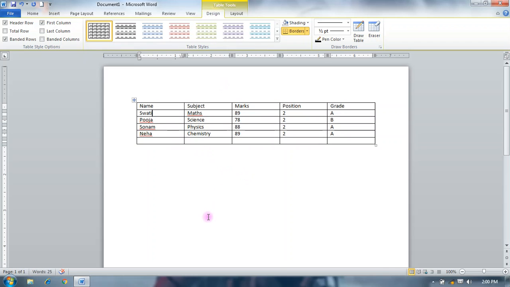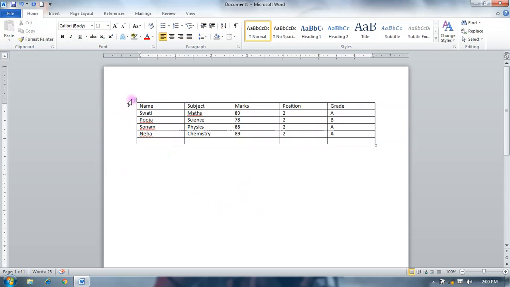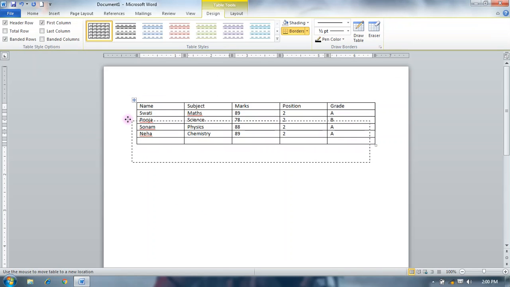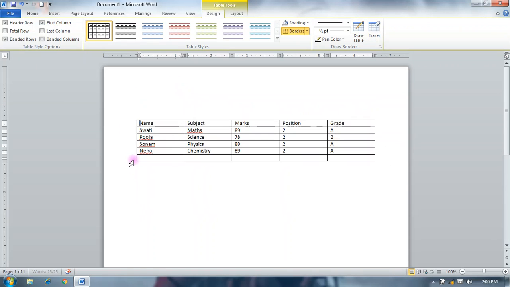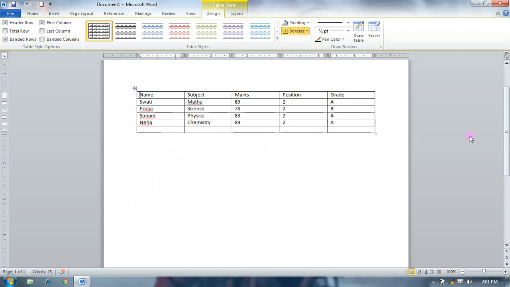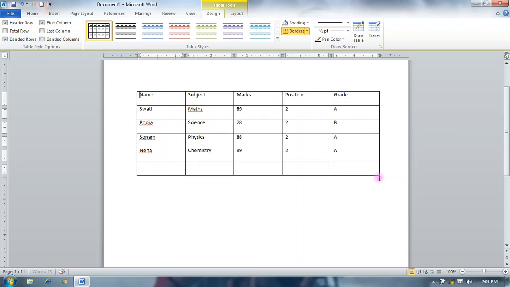So first, the Design option. Formatting, we can use formatting options. First of all you select your table. This option is used for selecting, and from this you can select and drag your table or move your table from one position to another, for which you hold your left mouse button. And this option you can see, you can enlarge your table from this.